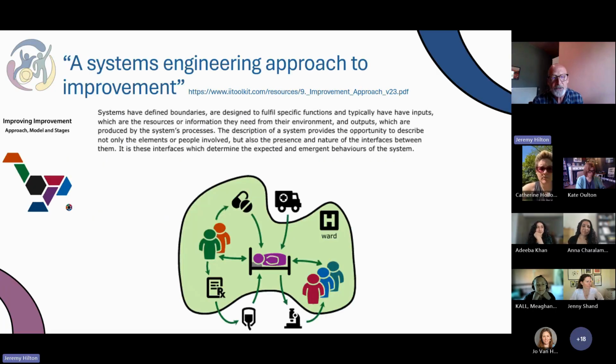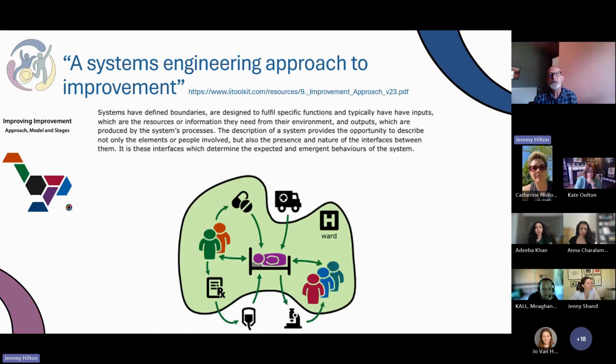So coming back to the improvement, I've taken this from there because it's a nice summary of what it might take a system to be. Elements of them are designed to fulfill specific functions, but when you bring multiple bits together, and I know one of you mentioned that, then how they work together and whether they actually can continue to work to their original need, or whether they get adapted to try and make a best fit in a changing context, is part of the complexity we've got. So yes, we will be using equipment, but it's more about the people involved and the multiple perspectives, and many of you have mentioned that.